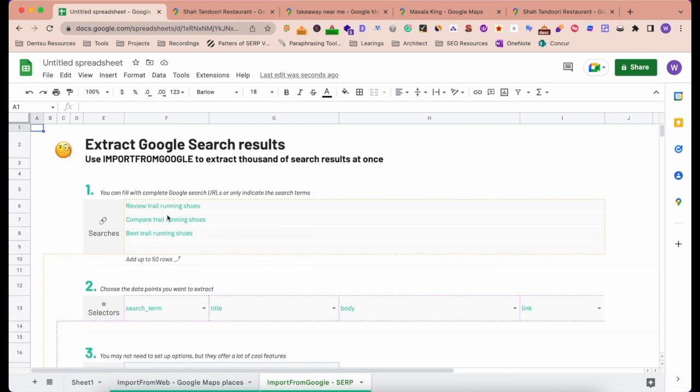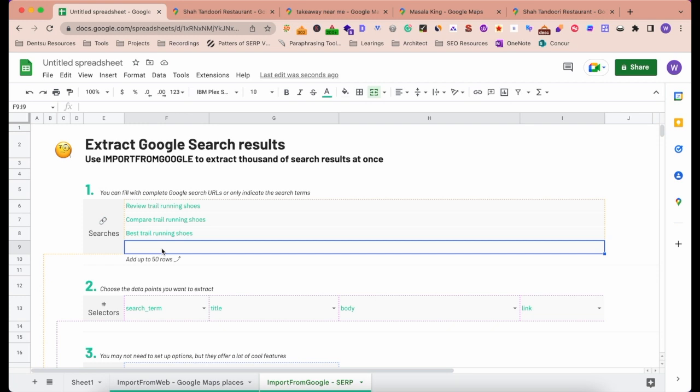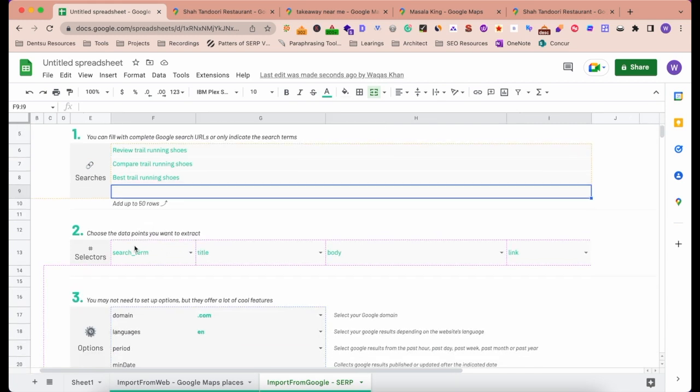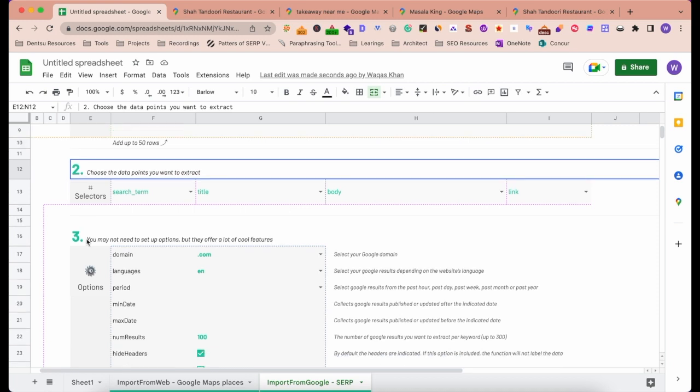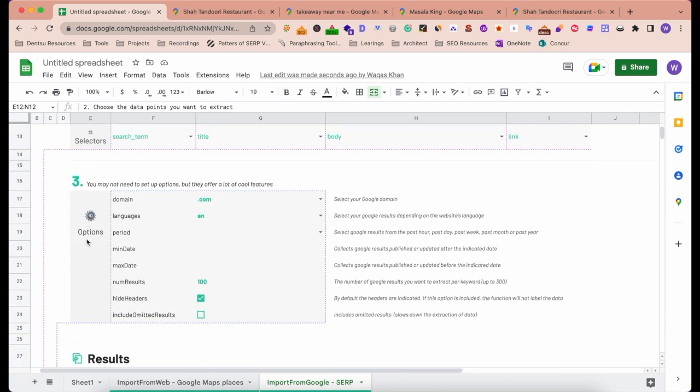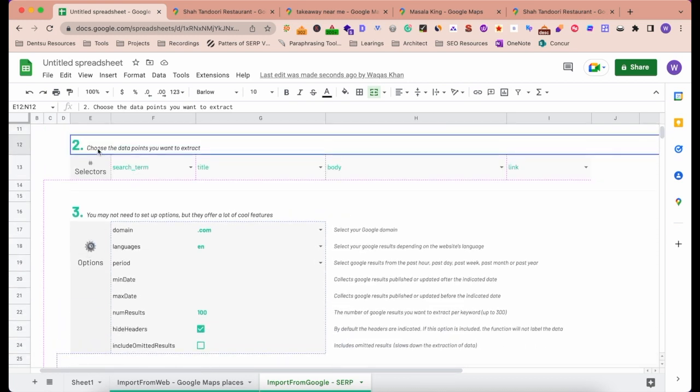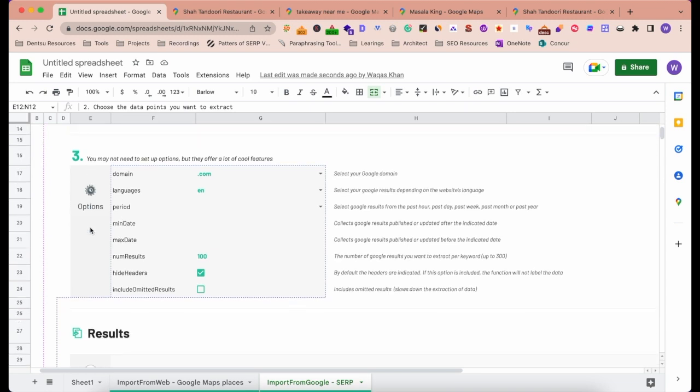Right, so here is the feed data which we need to feed in the sheet, and it will give us an output then. Again, we can ignore the second part if we don't want to get involved in technical things. The third function is giving us more flexibility and more options to